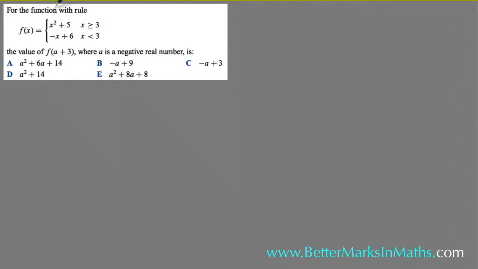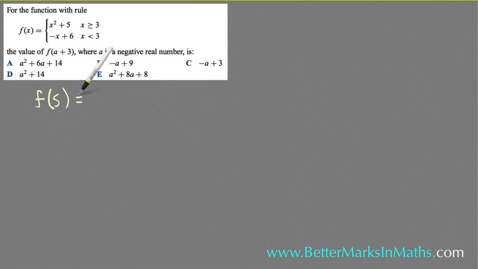And in this question, for the function with rule, and it's a hybrid function, so f of x is equal to x squared plus 5 for x greater than or equal to 3, and it's equal to minus x plus 6 when x is less than 3. So for example, if x is a number more than or equal to 3, let's say it's equal to 5, then you would, if you had to find f of 5,